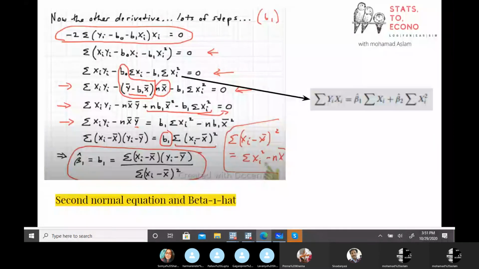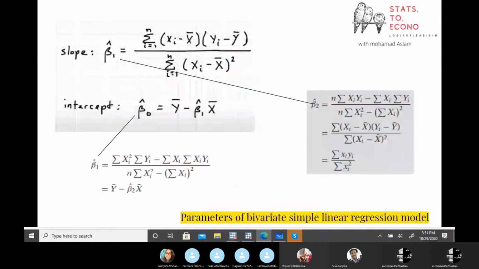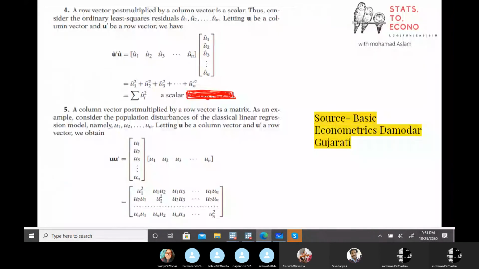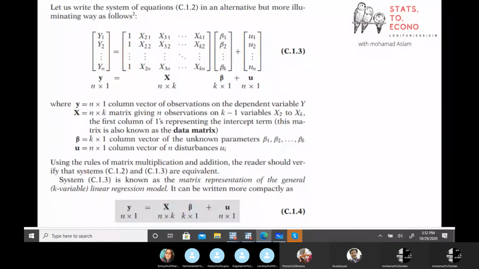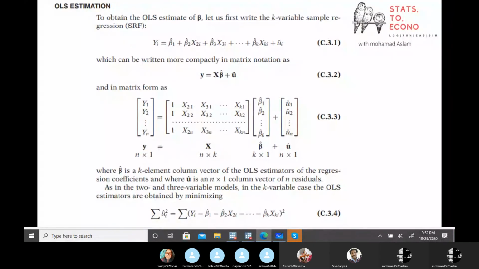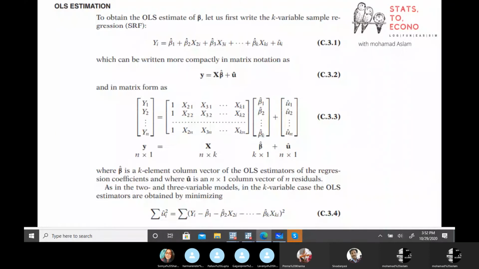That is, separately for the slope coefficient and for the intercept coefficient. So if you go with this method, you have to solve it for each of the sample statistics, beta 1, beta 2, beta 3, beta 4. But if you are doing it with the matrix method, then you can solve it all at once with a one-step procedure. That's why the matrix method is much easier compared to the simultaneous equation method. But this is all about OLS.